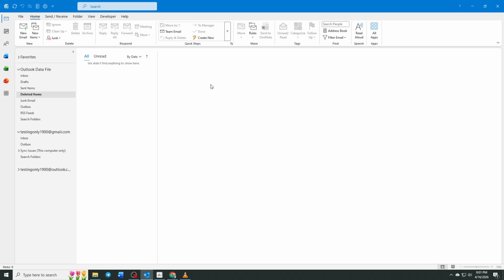And that is it. You have successfully imported rules into Microsoft Outlook, helping you streamline your email management and maintain